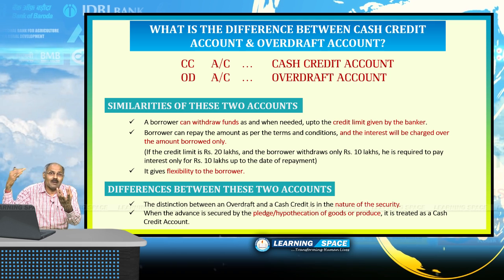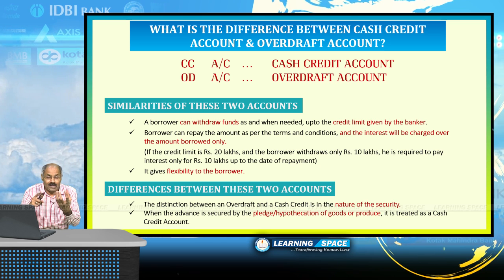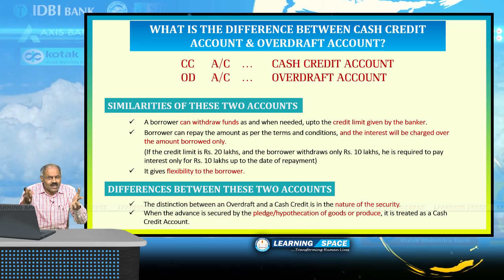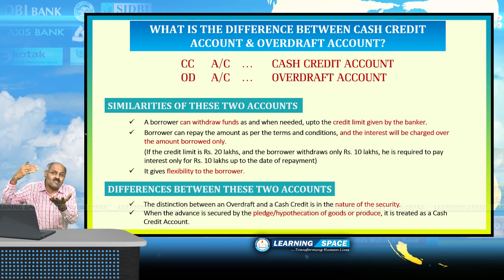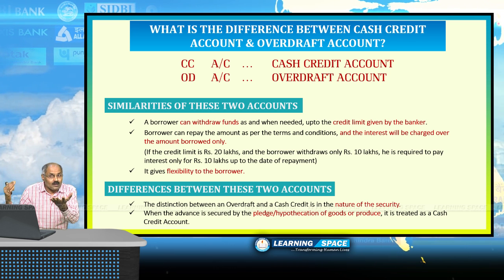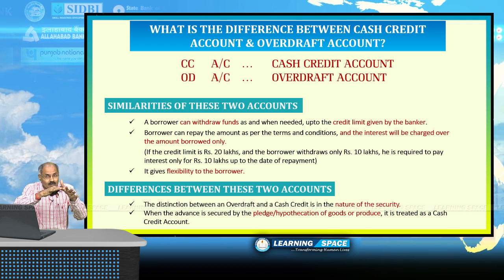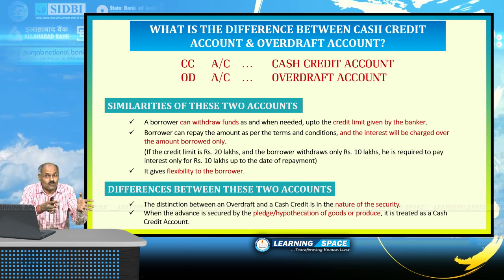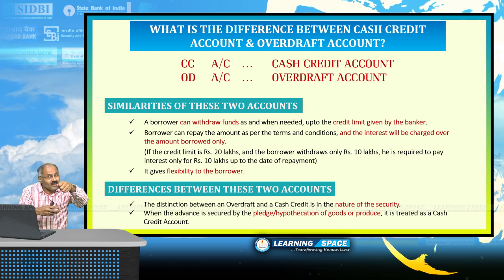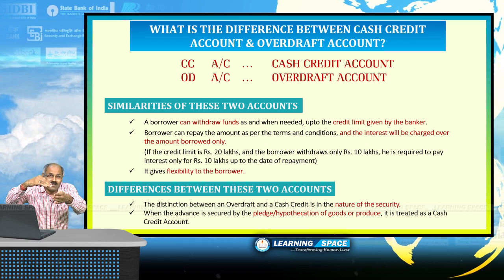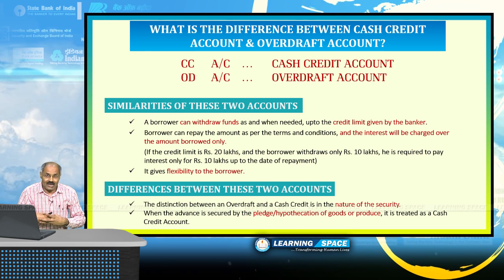And you start paying back every month, except agriculture loans. Agriculture loans normally are not serviced every month, but all other loans like vehicle loans, mortgage loans, house loans, they are serviced every month. That means the borrower has to pay back to the lender every month. So vehicle loans, mortgage loans, house loans, personal loans, these are all one particular category where the amount is given at once and you have to pay back every month. But cash credit account and overdraft account are a different category.